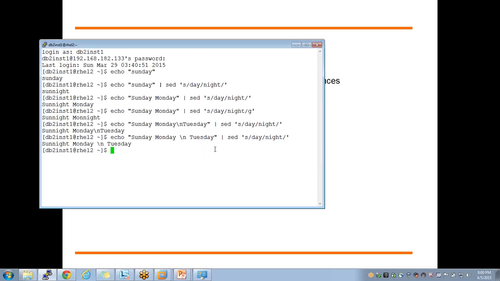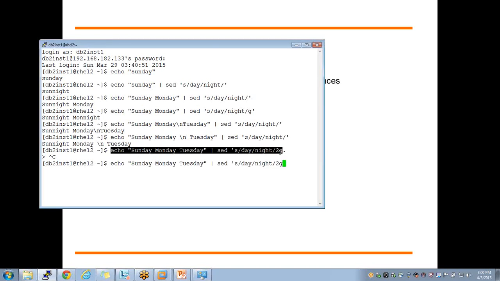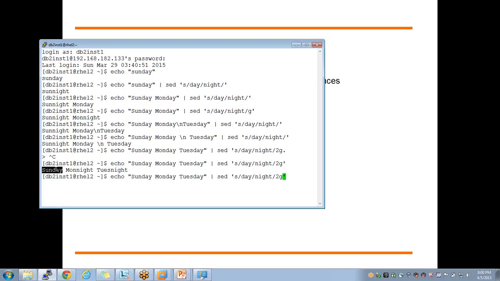I think it will replace from the second instance to global. Okay, from the second instance, it will replace. The first one won't be touched. Because the 2 is the second, so when you say these two, only the second one will be replaced. Okay, got it.